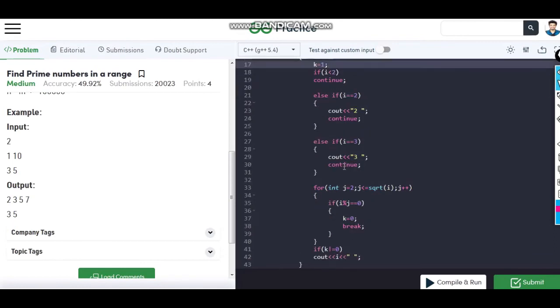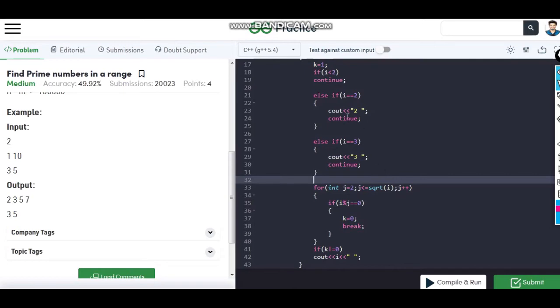Because the logic is we have to go from j equals 2 to square root of i. If i is 2 or 3, the square root of 3 is 1.73 and we are starting from 2, so you may get a runtime error or segmentation fault because j is not less than the root of 1.73.